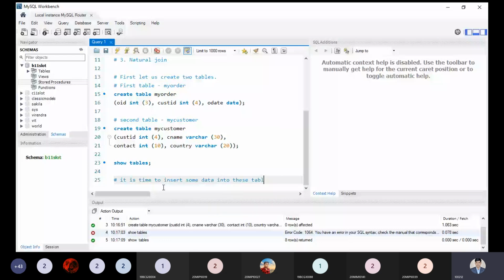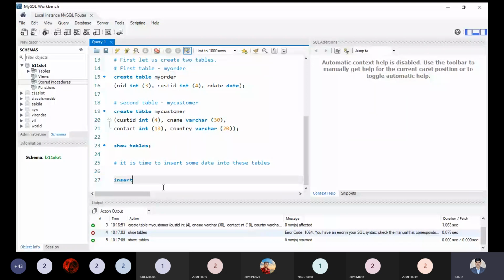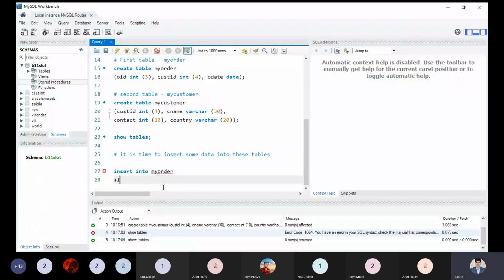Now, what is the syntax? Insert into. While doing the practice, we will definitely be able to understand the syntax. So insert into table name and values, and what are the attributes? Order ID of my order. I'm taking order ID as 45, random data. Customer ID I'm choosing 834, and order date I'm taking 0101, today's date. Month will come first and then date. This is the data I have taken.